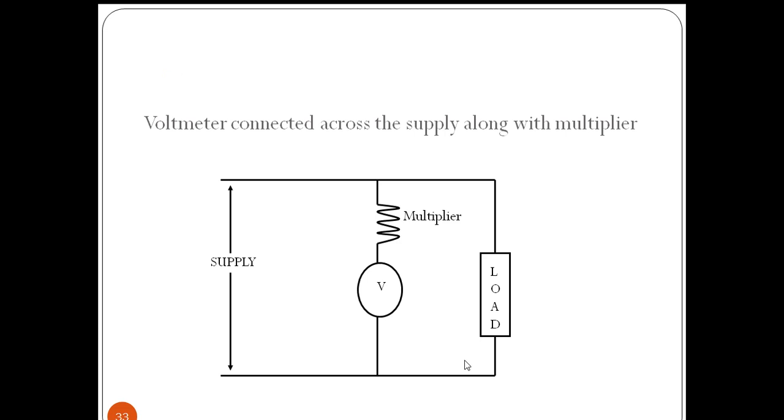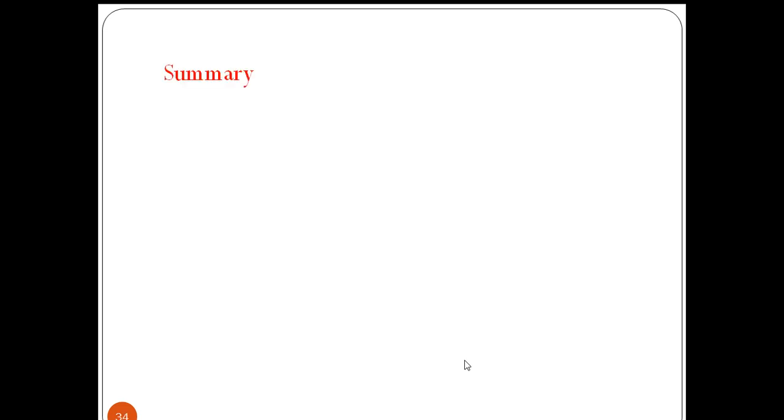So this is regarding the PMMC meter: how it is constructed, what the different parts are, what the working principle is, how it works, what the expression for deflecting torque is, the advantages and disadvantages of the PMMC meter, and how to use this meter to measure current and voltage. So please note this PMMC meter will mainly be used for measuring direct current quantities only.